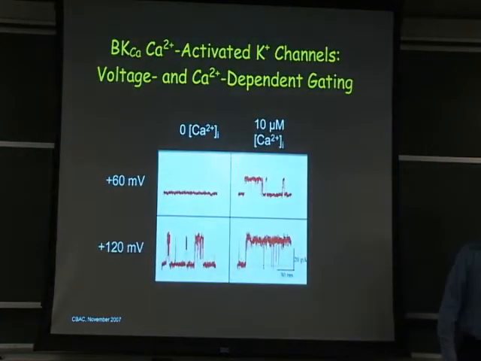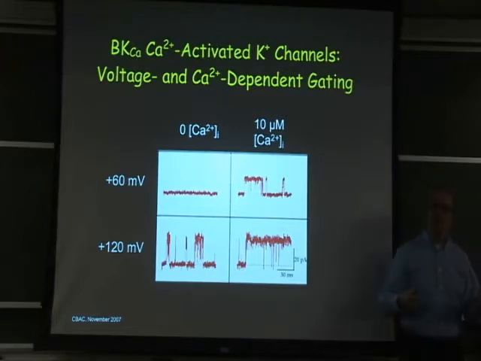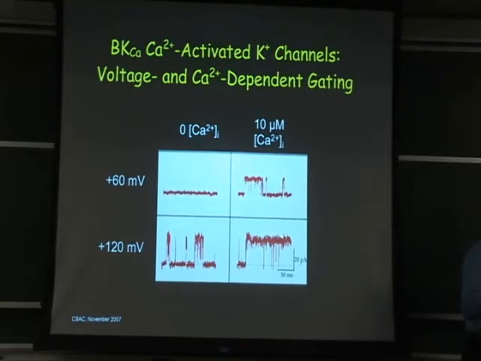Calcium activation, I think, is most easily observed through patch clamp experiments. We're here at 0 calcium. You see as you increase voltage, you increase the open probability of the channels. Okay? But even at this voltage, which didn't open the channel at low calcium, if you increase the calcium, you increase the open probability. And this open probability is further increased as you increase the voltage. Okay? So we have activation through both voltage and calcium in these experiments.